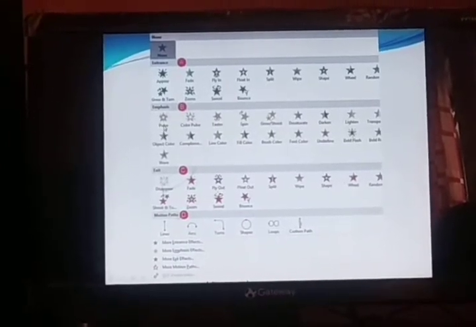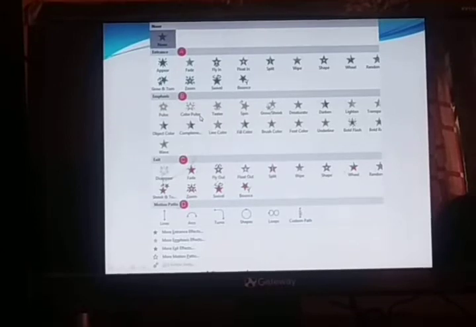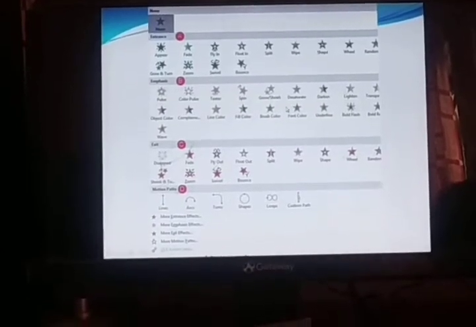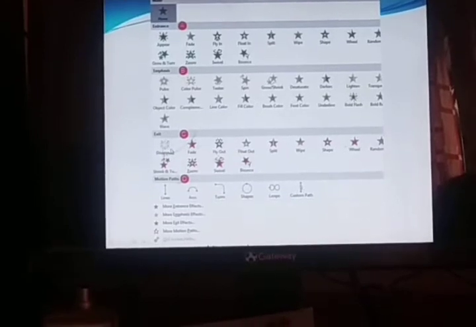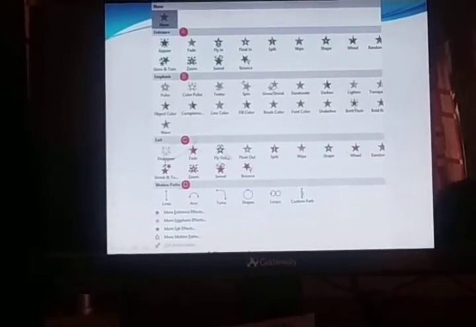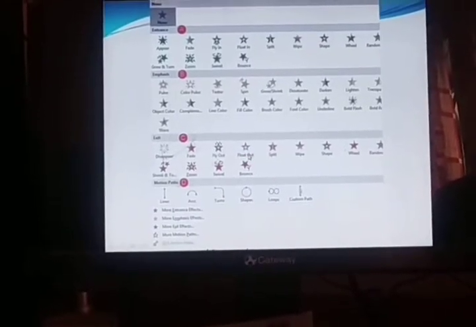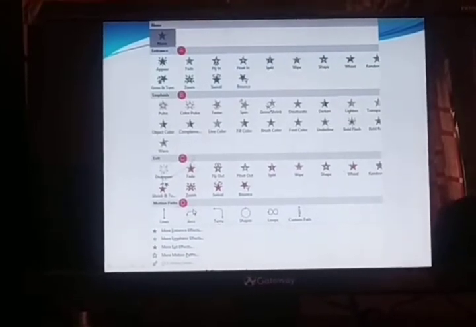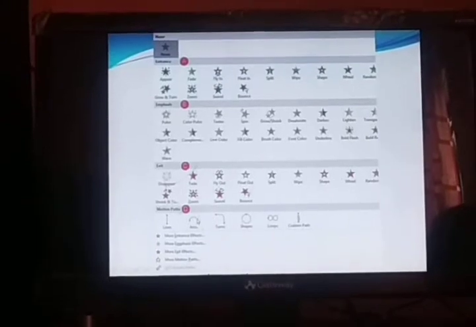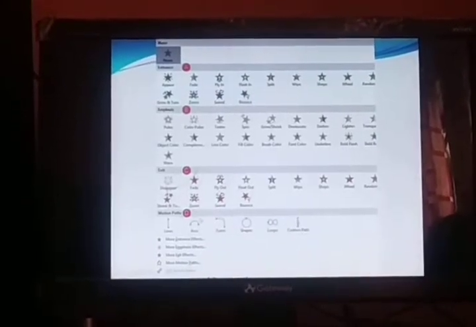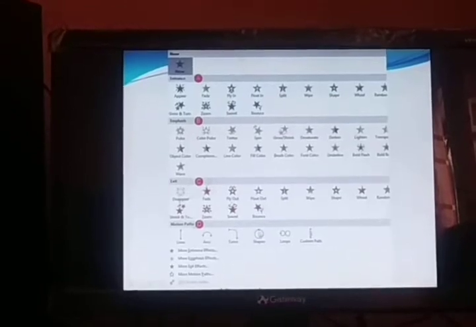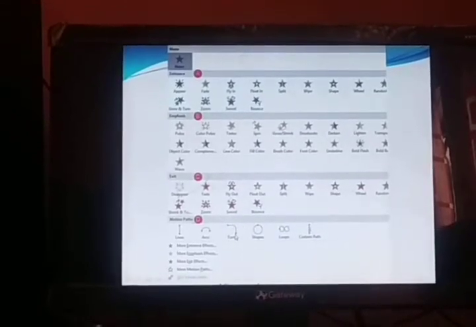Emphasis has pulse, color pulse, spin, grow and shrink, darken, lighten and so on. Exit has fade, fly out, float out, split, wipe. And motion path has different shapes. In these shapes your object will move, whatever you choose.